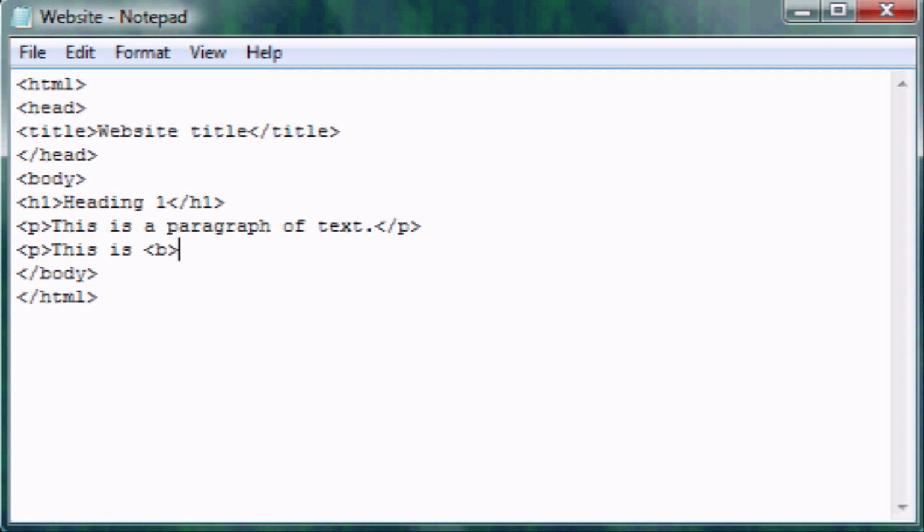It's as simple as the P in paragraph. Okay, so type in bold. Now make sure you end the bold tag or else the entire sentence, no, the entire paragraph will be in bold text. Now this time we type in I for italicized,